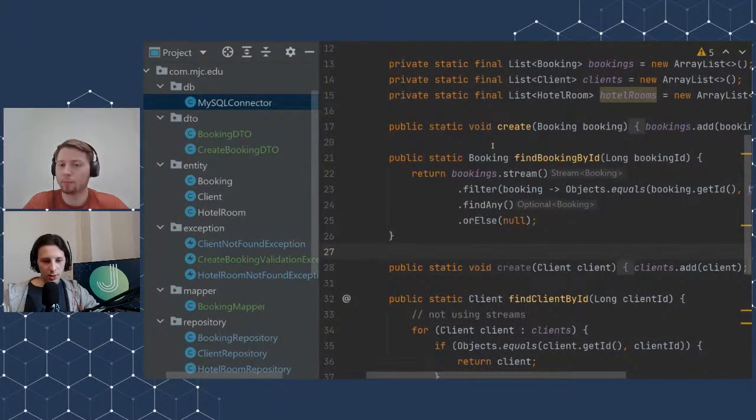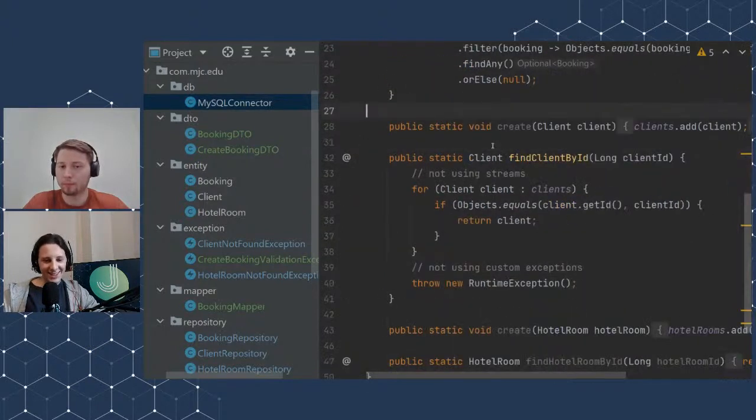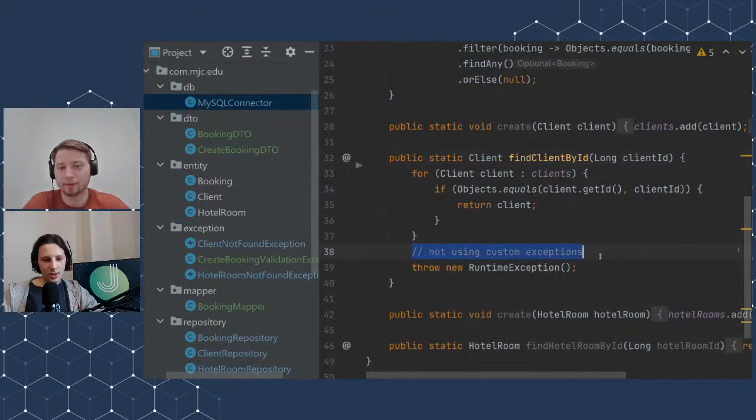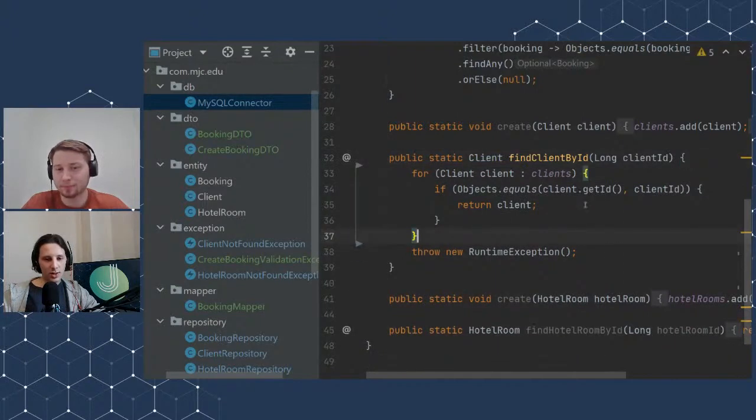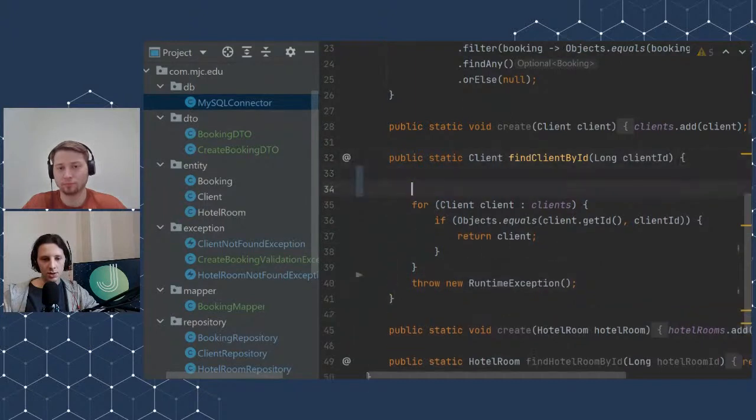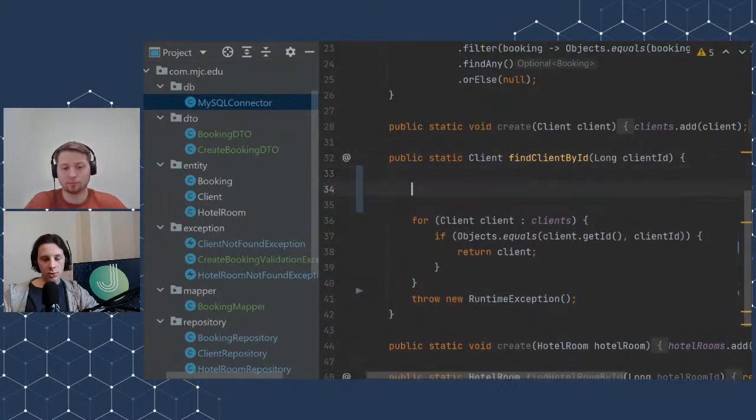Yeah, so here we have the method findClientById, and it has comments of what can be improved. In general, I would say that using a declarative approach is better than using an imperative one. So when we try to find a client by ID, here we have a cycle and an if operation. I would probably prefer a stream, especially